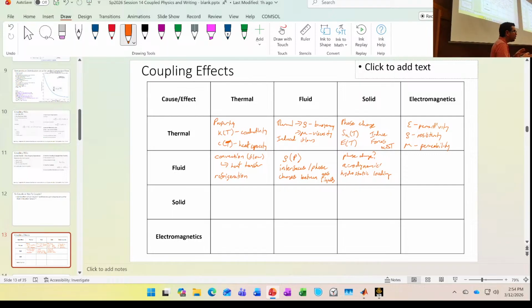I think we're going to stop. You get the idea, right? You got the idea? You covered the principle? Okay, good. And so there can be a lot of coupling and they can go both ways. When I say both ways, you can have, for example, a fluid thermal and thermal fluid. They can couple with each other like this. Those are some prime candidates, as are also fluid-solid and solid-fluid. Pistons, for example.